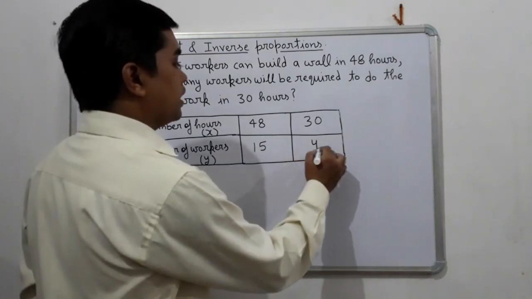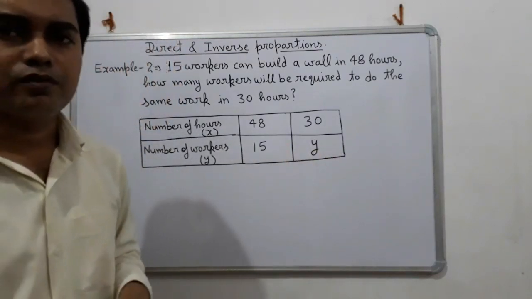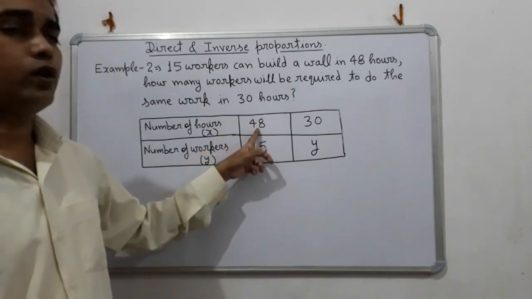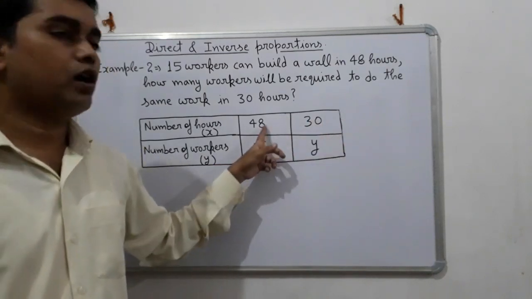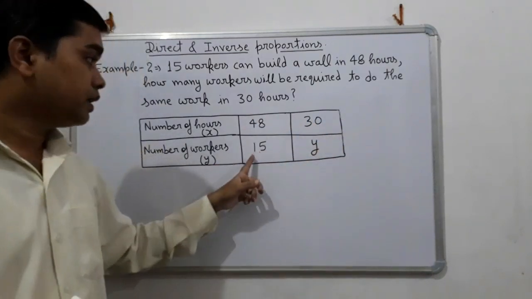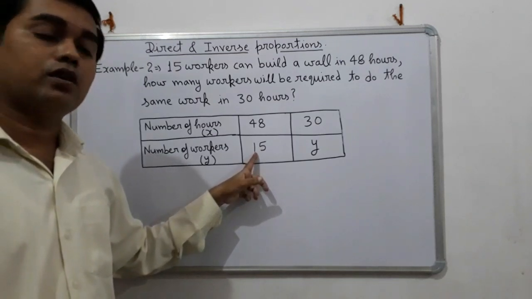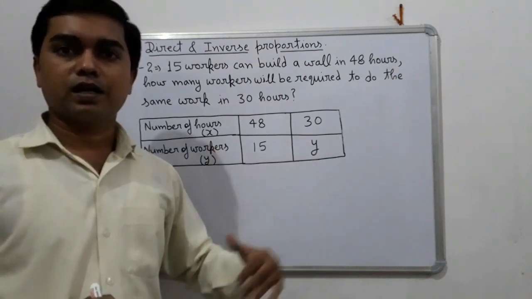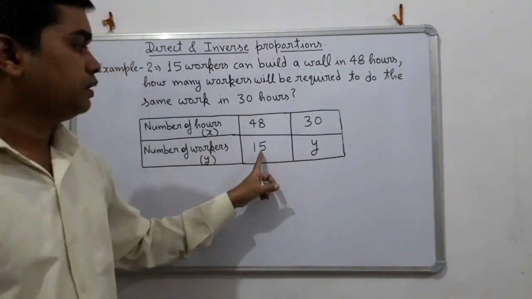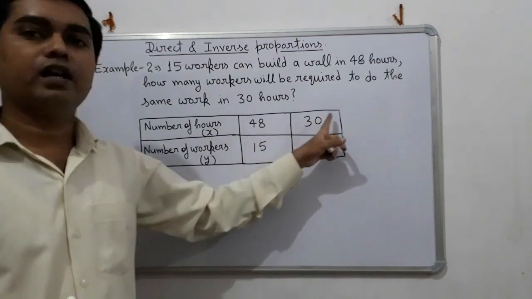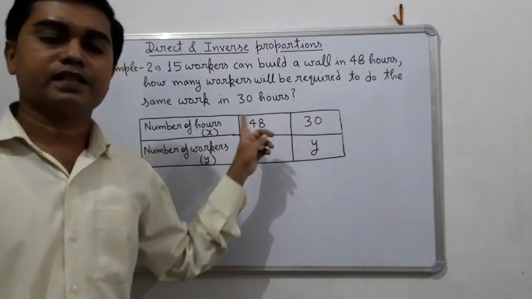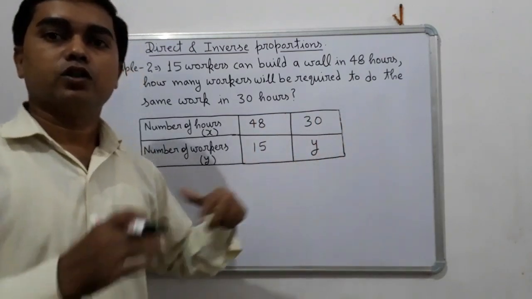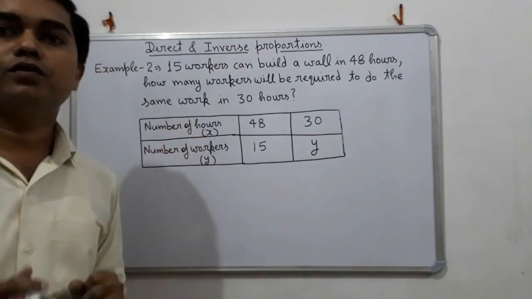तो अगर हम यहाँ पे देखें, suppose let the number of workers be y, तो पहले क्या था? अगर x की वैल्यू देखें तो 48 and 30 means value of x is decreasing, but here in the first case there were 15 workers, but for the second case workers are increasing. So it means यहाँ पे वैल्यू बढ़ रही है, ऊपर वैल्यू घट रही है. ठीक है, x की वैल्यू क्या हो रही है? डिक्रीज, एंड y की वैल्यू क्या हो रही है? इंक्रीज. तो इसका मतलब here we will use inverse proportion.